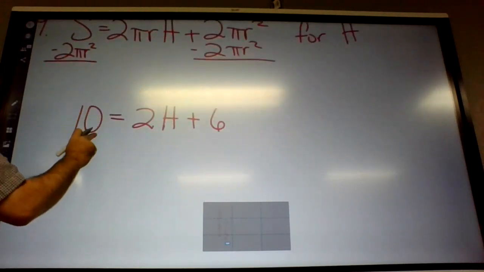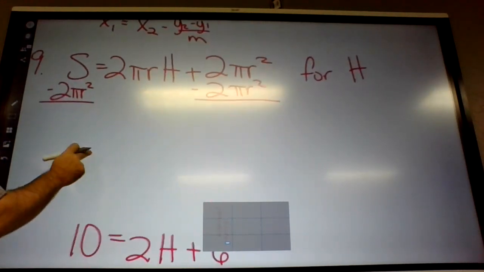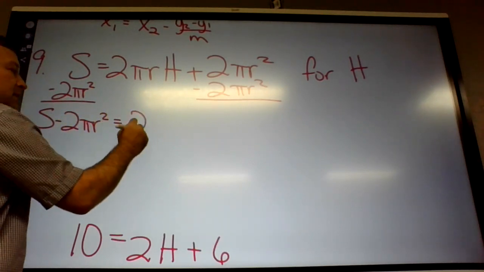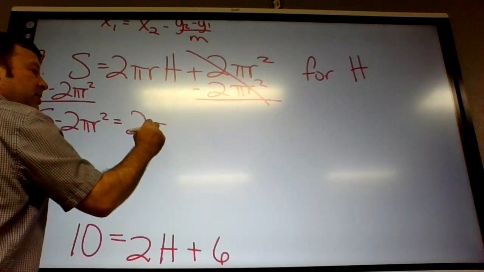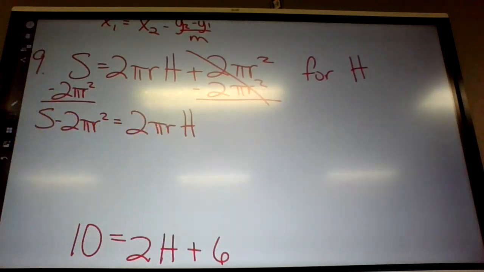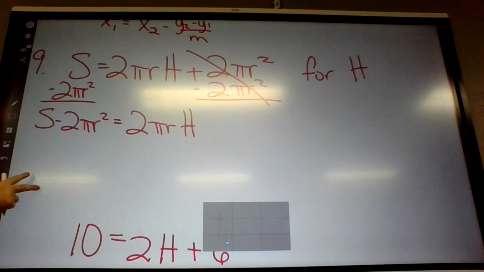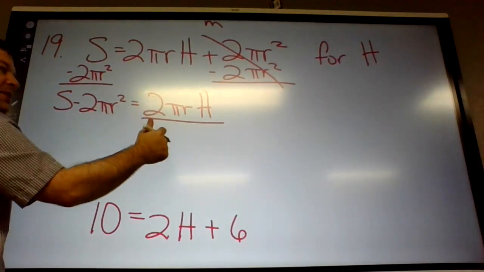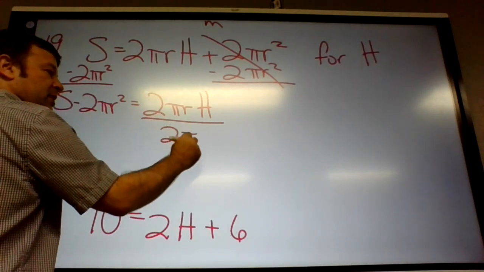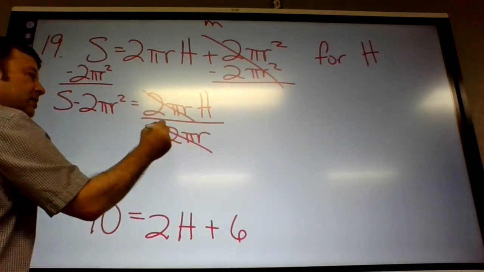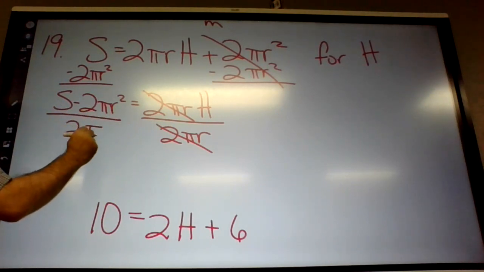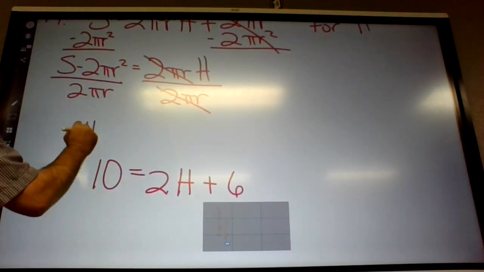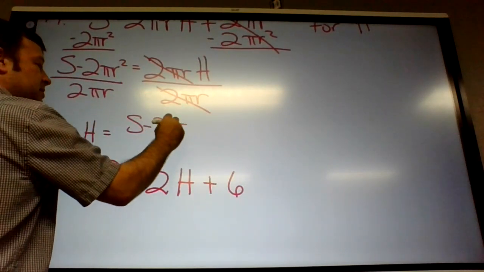Get that guy out of the way. All right, so these don't mix. S minus 2 pi r squared equals, that's gone, 2 pi r h. And now what, James? We divide by 2 pi r. Right. 2 pi r, that's all just multiplied stuff. So to get rid of it, we're going to divide by 2 pi r. Divide by 2 pi r, and that's basically the answer. H equals S minus